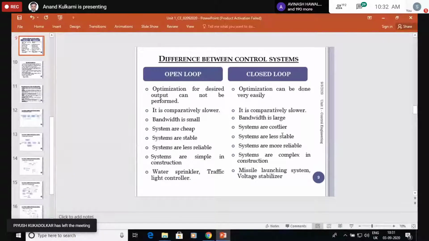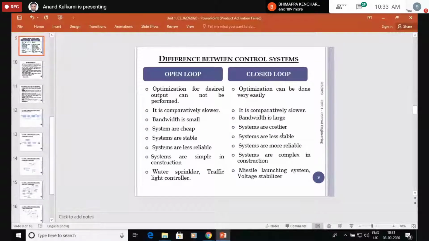For example, take the fuzzy logic washing machine. Nowadays the machine is so automated, your job is simply to put the clothes in the drum and press one button. That's all. It will select the process: how many times it has to wash, how much time it has to rinse, how many wash cycles, how many rinse cycles, how many dry cycles in between, how many dry cycles afterwards. All is decided by the controller only. You are not doing anything.